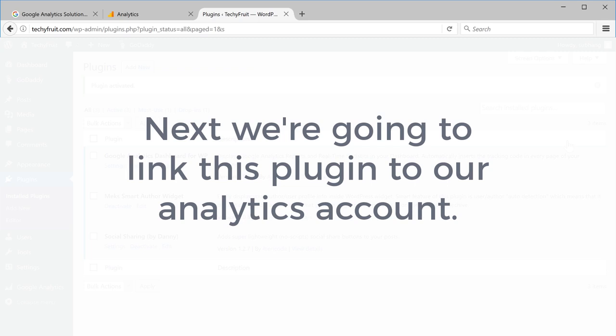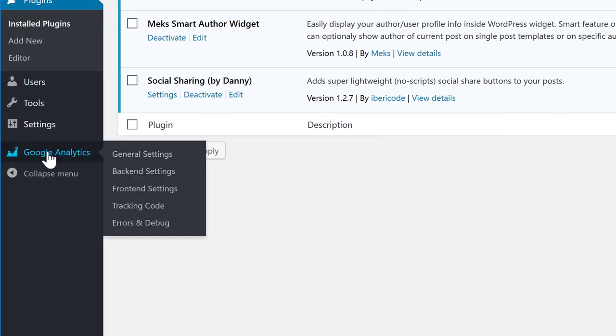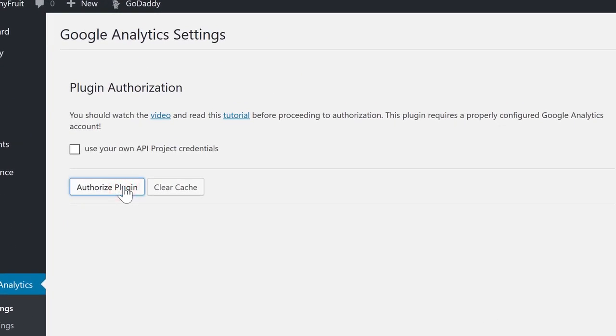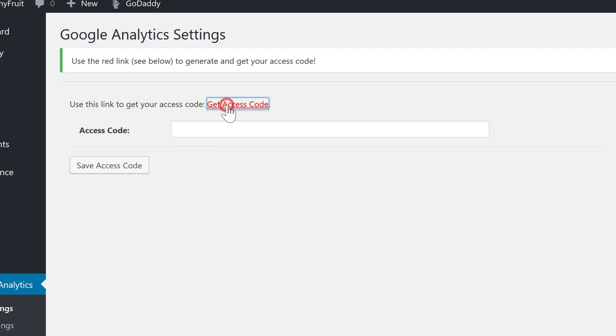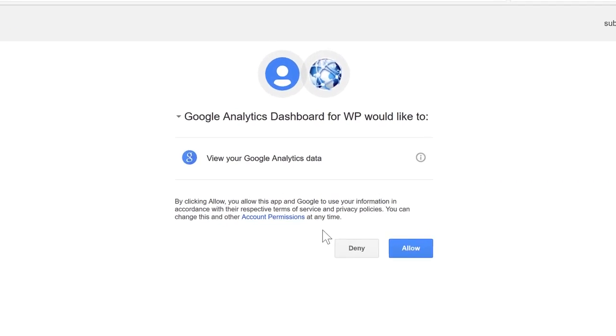Next, we are going to link this plugin to our Analytics account. So after this plugin is installed, you'll see a new item called Google Analytics. So just go there and click General Settings. Now click Authorize plugin and then click Get Access Code. Now Google will ask for your confirmation. So let's click Allow